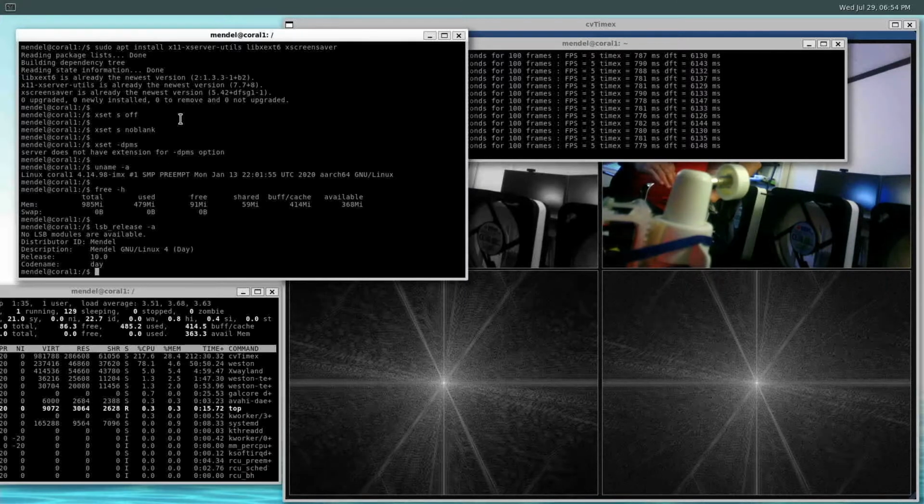Anyways, when I was running that, the screen would go dark, and then I wouldn't be able to recover it. There was no way for me to turn it back on. It seems like the screensaver was coming on, or